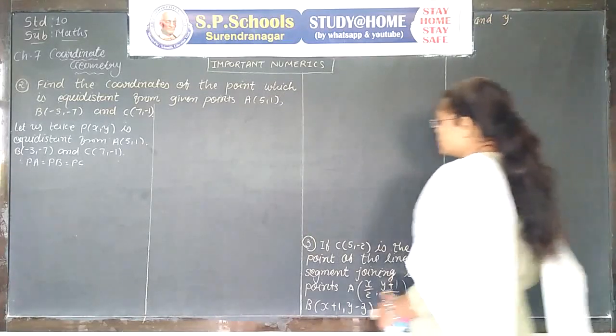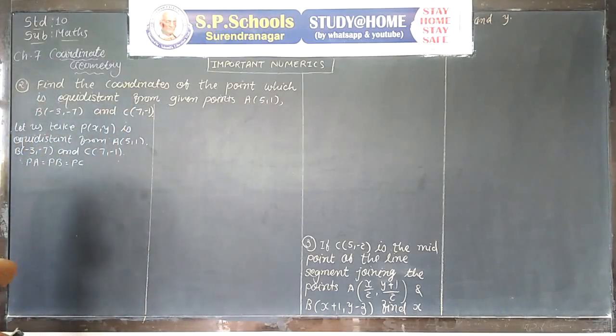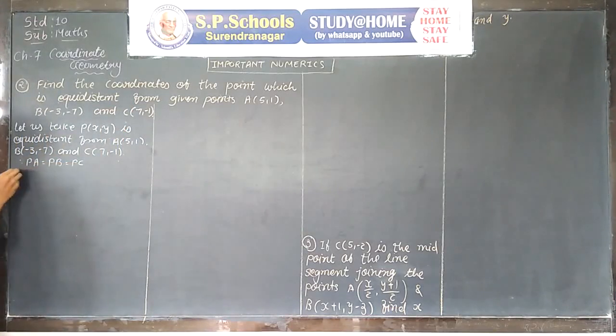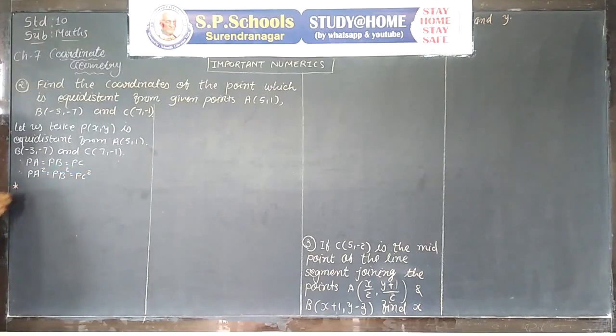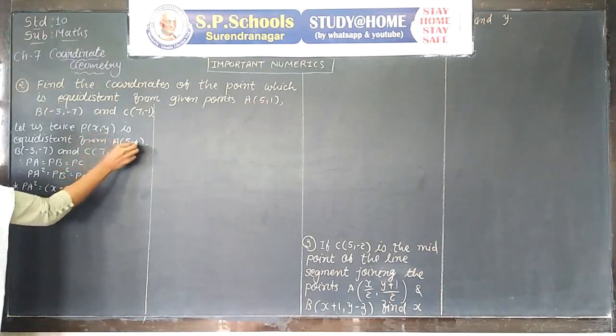Here we need to find the circumcenter, meaning the point which is equidistant from these 3 given points. If PA is equal to PB is equal to PC, then PA square is equal to PB square is equal to PC square. Now first we find PA square. PA square is equal to, using P and A, (x minus 5) whole square plus (y minus